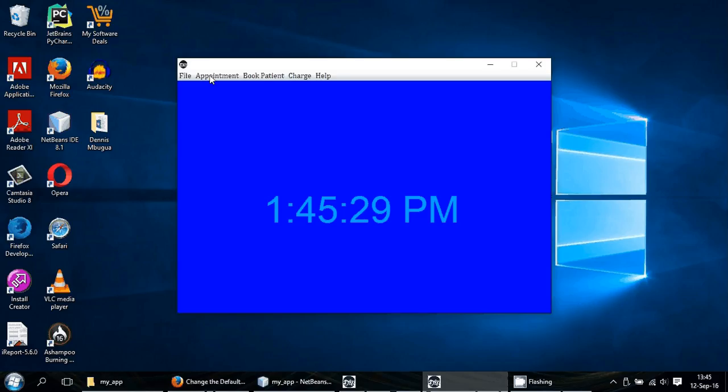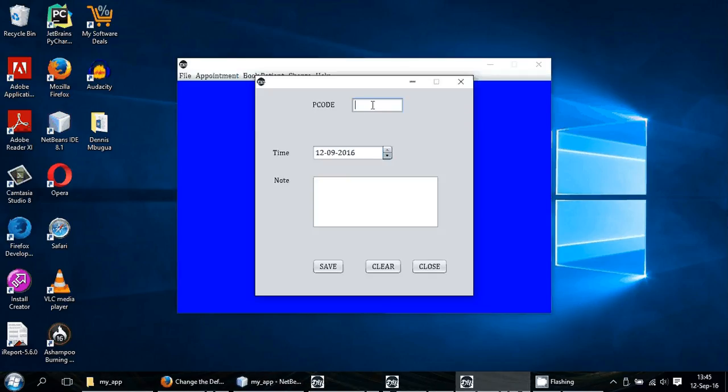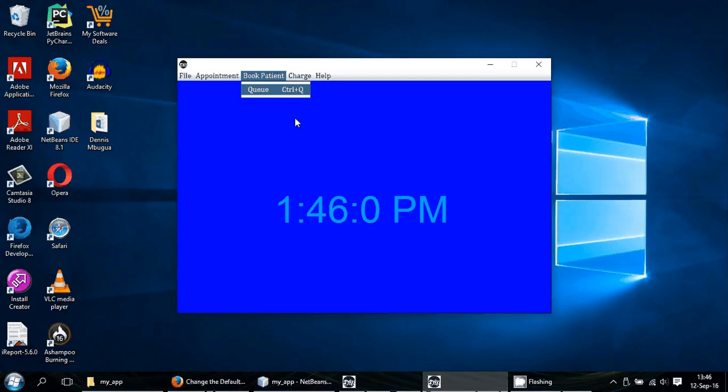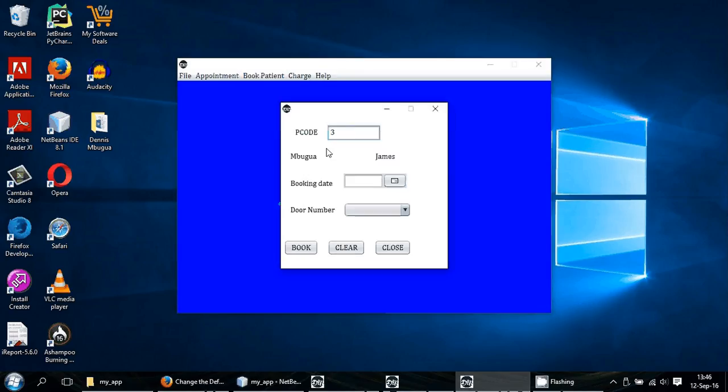In the appointment section, whenever I enter data, it displays the name, and I can choose the appointment time and take a note, and I can also put a patient in a queue. So I want to put this patient in a queue. I'll select the date and maybe door number 4, and I'll save it. I'll book this patient,